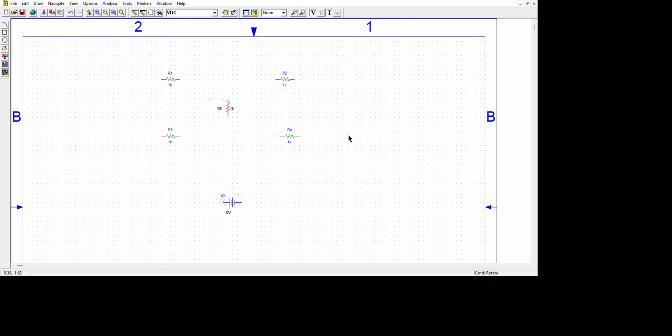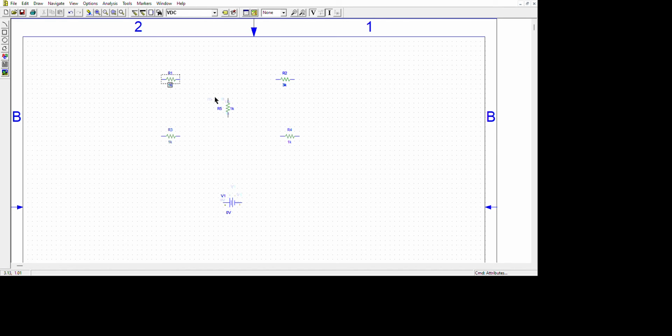Now we will change the attributes or magnitude of the resistors. It is not compulsory to change it, but you can. I will give R2 a 3 kilo ohm resistance. Let's say R1 4K.